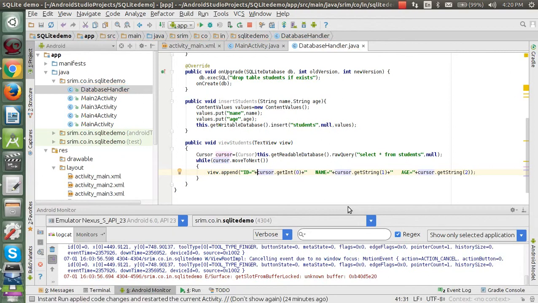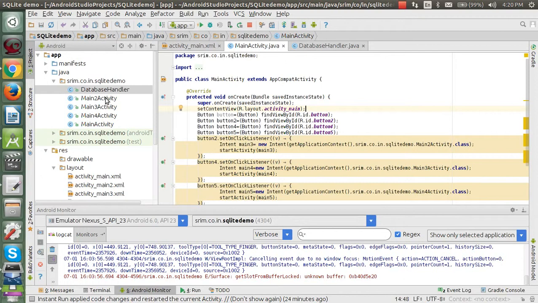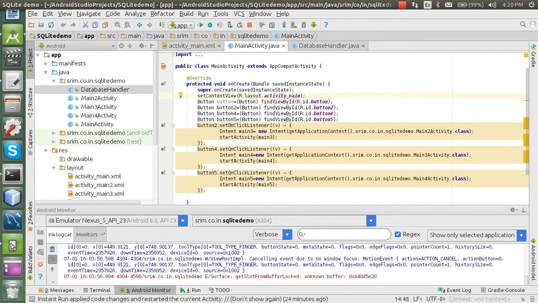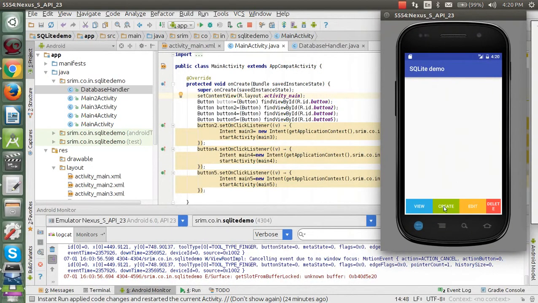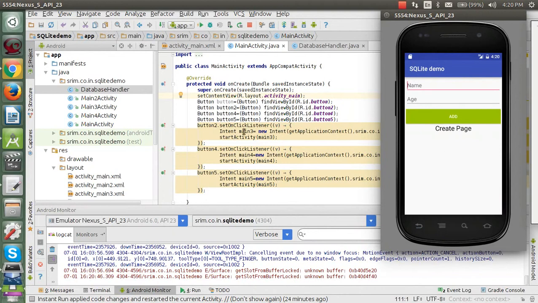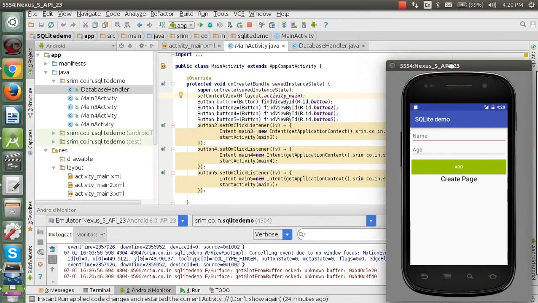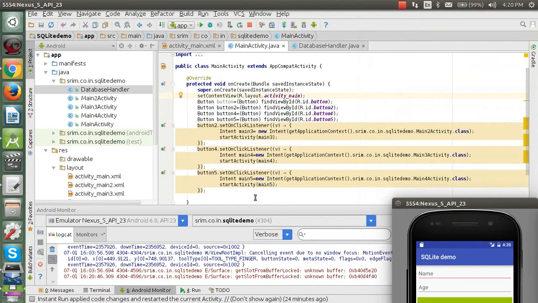Now that we have done the create and read function, let's just customize the other pages and first test these two functions. Now from main activity 1 and our emulator, this create button goes to the main 3 and this in the main activity 2. So now we are going to the main activity 2